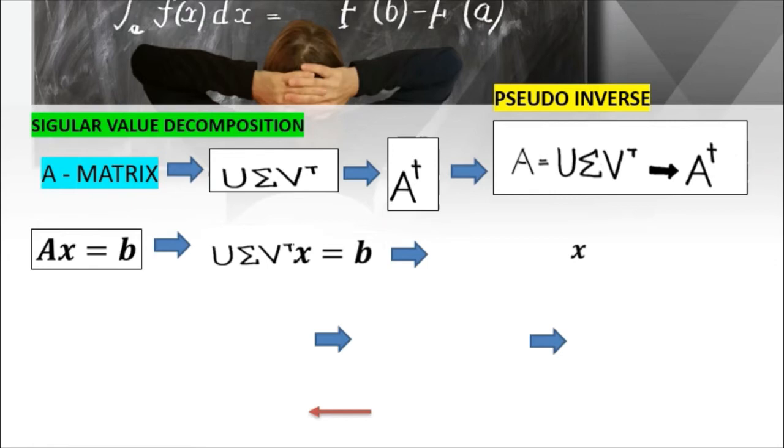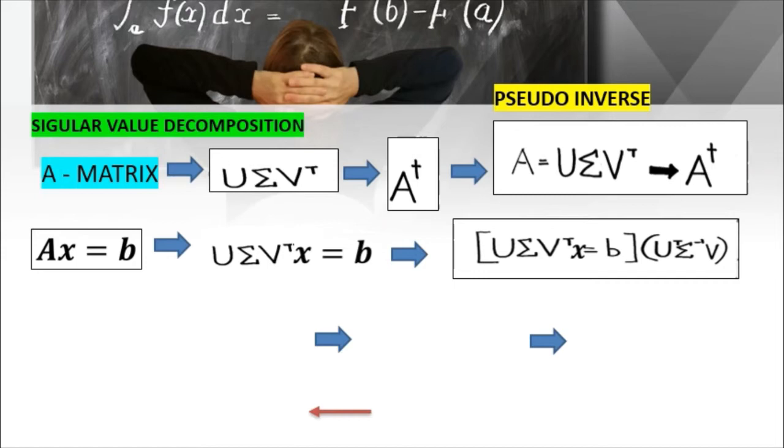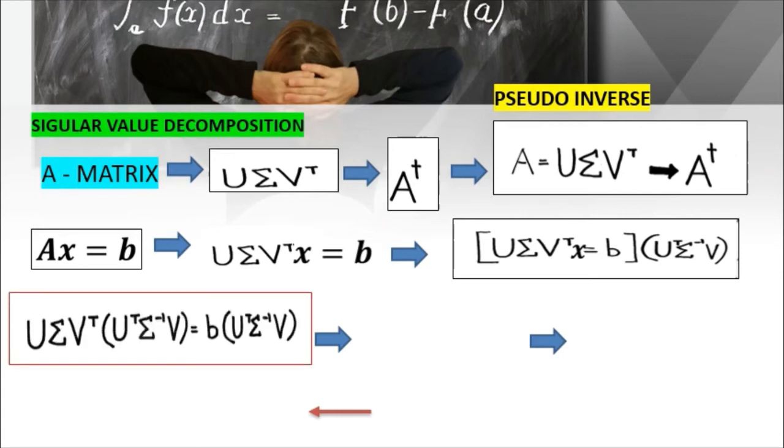Then what we are going to do here is try to invert U sigma V transpose, the value of A. To do that, we will multiply both sides of the equation with U transpose, the inverse of sigma, and V to cancel out the U sigma V transpose. Next, we will distribute the equation. Now we will have U sigma V transpose times U transpose inverse sigma times V times x,